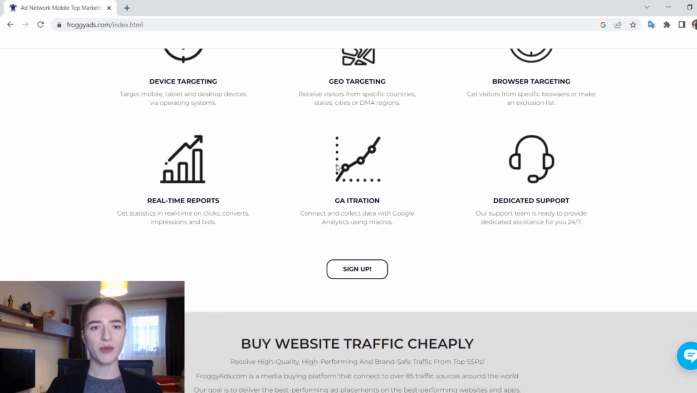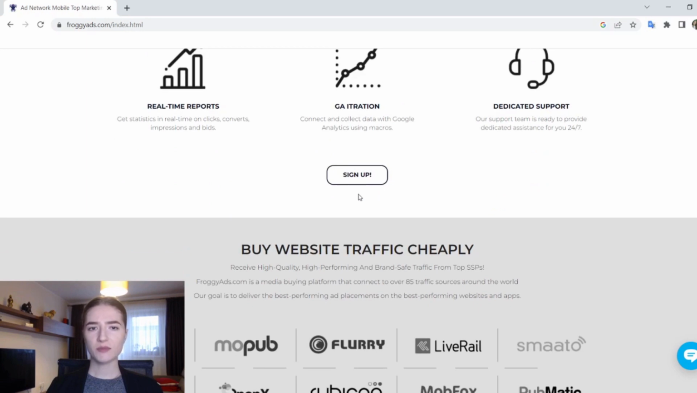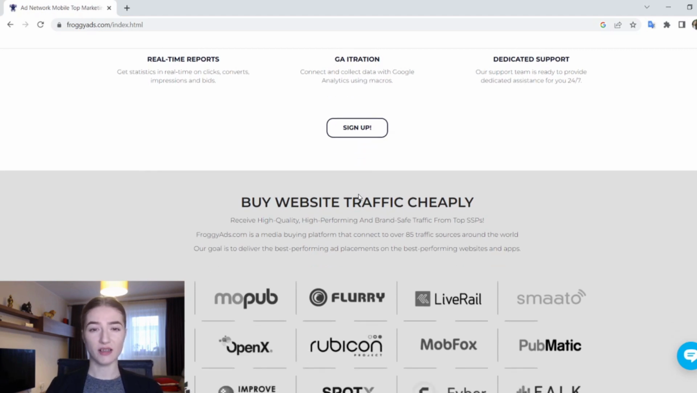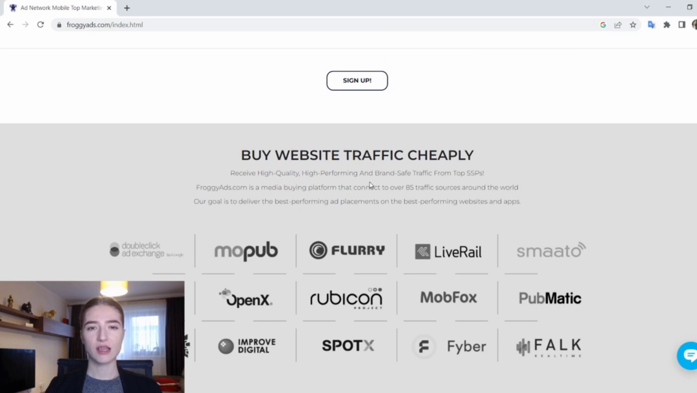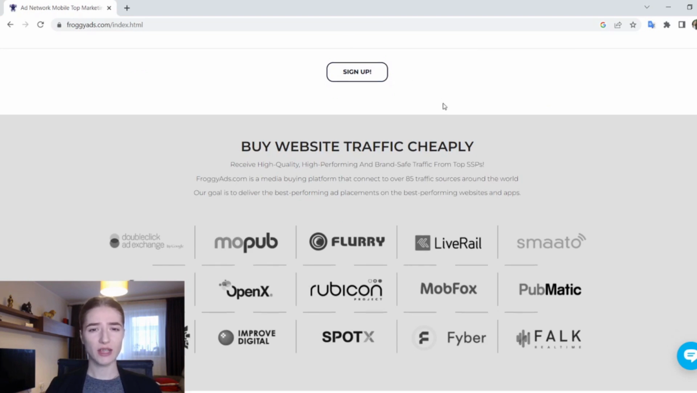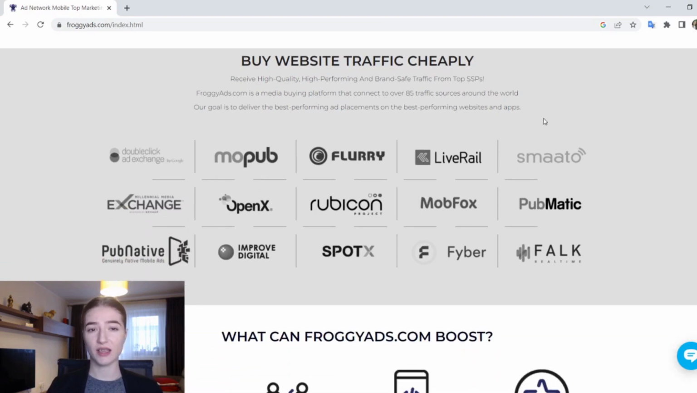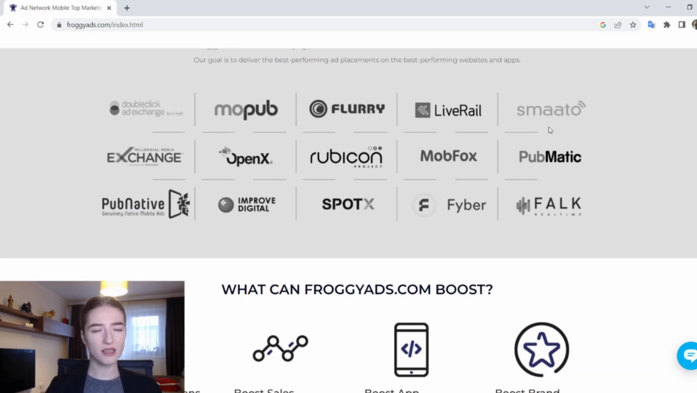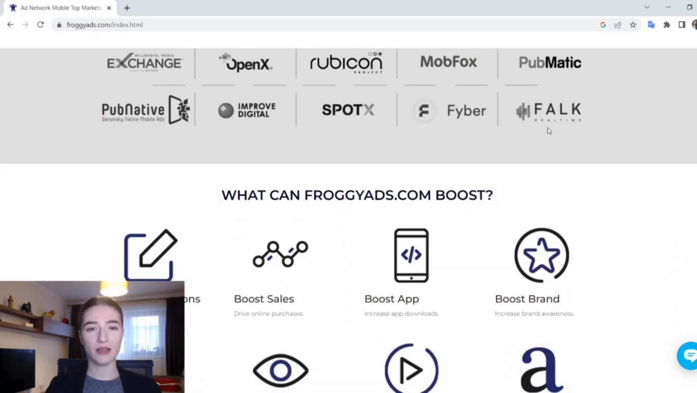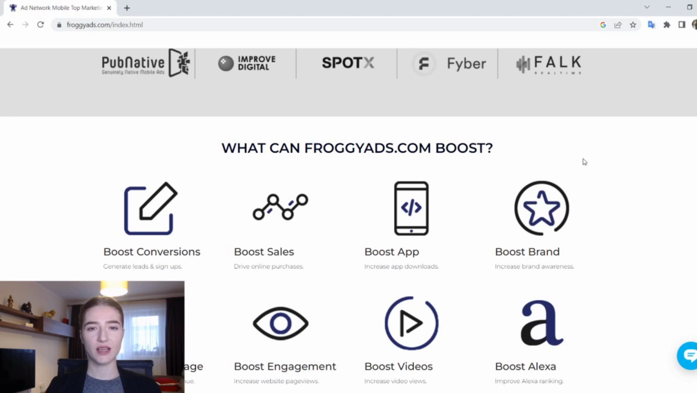So now the payment method. The network issues payments via PayPal and wire transfers. All rules of payment are decided by those methods. Payment time: Froggy Ads issues payments at a bi-weekly frequency. Payments are paid on manual request if it reaches the minimum